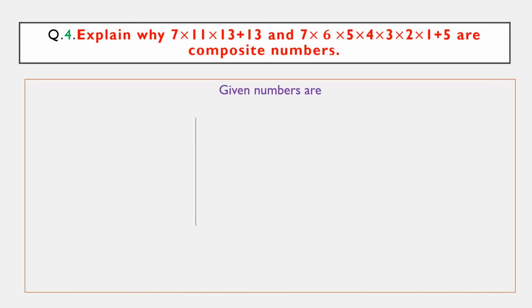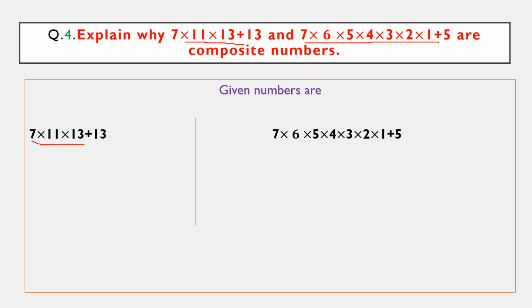The given numbers, here he gave two numbers, this is one number and this is one number. I wrote them separately. Here if you observe, I told this is one term and this is one term. So when there is a common thing between two terms, then you can take it common. Here 13 is present, here also 13 is present, so I'll take 13 common. Whatever the remaining things, I'll write them in bracket: 7 into 11, plus, if there is plus, put plus, and here 13 will come, 13 ones are 13, right?